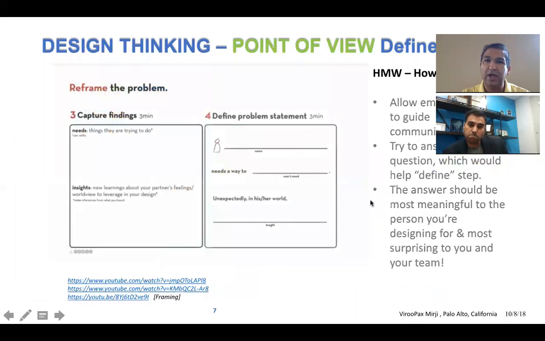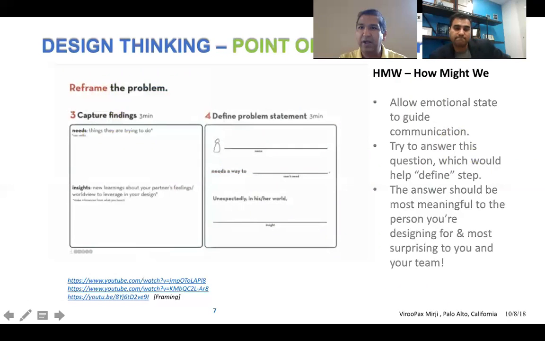So it's a real life technique used by everyone, and you have to come up with a point of view. And I don't know whether you can see the screen completely. Yes, I can see it. Yeah, you can see it? Okay. Yeah, so I'm just moving the video around a bit.